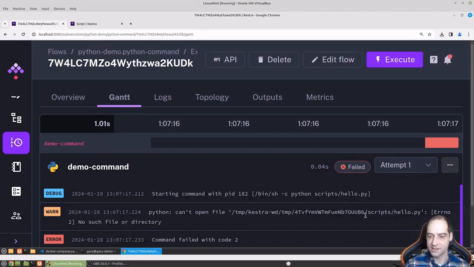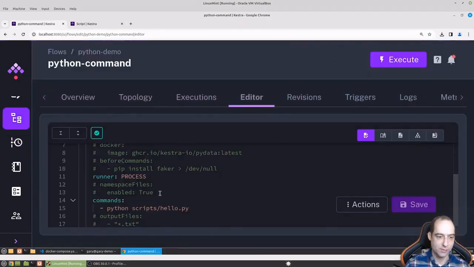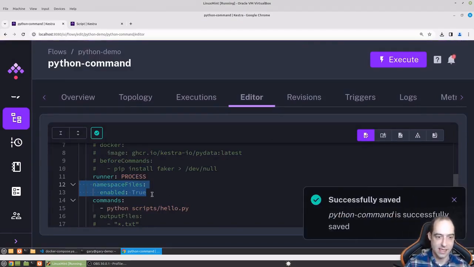So this is the directory where our task is running. It makes a temporary directory for, well, not persisting data, I should say, but any files that need to maybe get written out, read back in while the task is running. And then when the task is done, that directory, all those files are gone. And that's where it's looking for it by default. But if we go back and we say namespace files and set enabled to true,